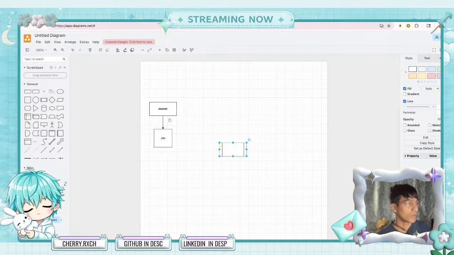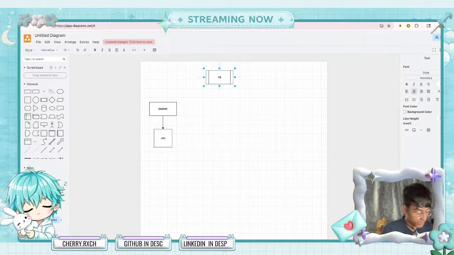So I will make a big one. This is our house price prediction, right? House price prediction,